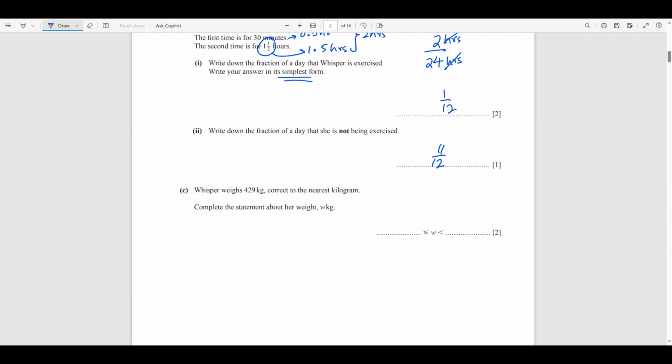Okay, so correct to the nearest kilogram, which means to the nearest unit, right? To the nearest unit means that we're talking about 1 divided by 2. This is actually a question for limits of accuracy. So we're talking about the nearest kilogram, which means the unit divided by 2, so it's 0.5, right? So this 429 is correct to the nearest kilogram, which means there is a slight error from like 428.5